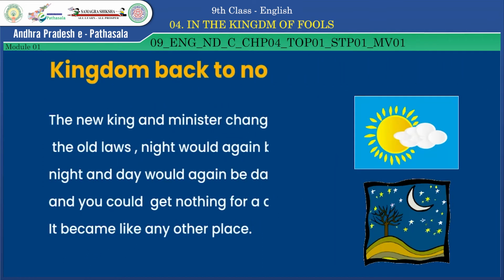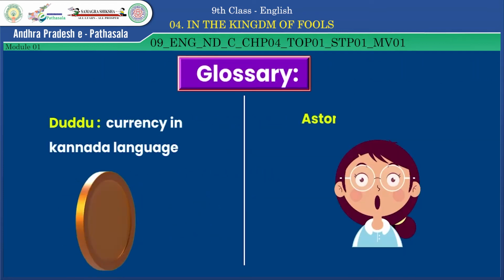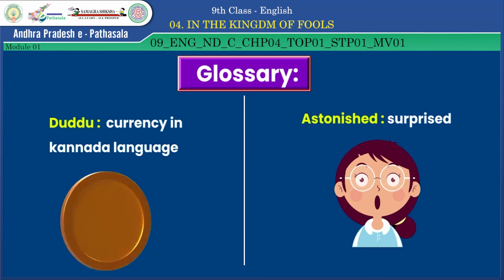The next word is astonished. Astonished means surprised. Like you see something very new or strange, you get surprised. Next word is till. Till means the farmers plow the fields, they put fertilizers, they put the seeds and all this. All these works come under till. And the next word is jingling. If you listen to some metallic bells or anklet sound, that metallic sound like ringing tongue sound, that is called as jingling.